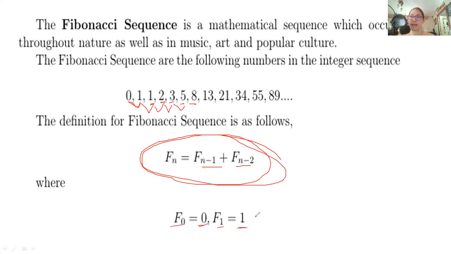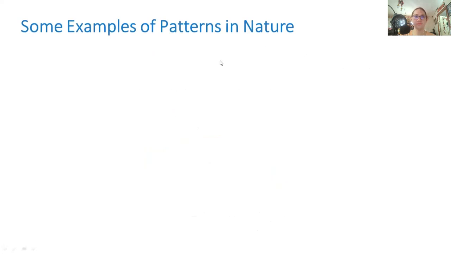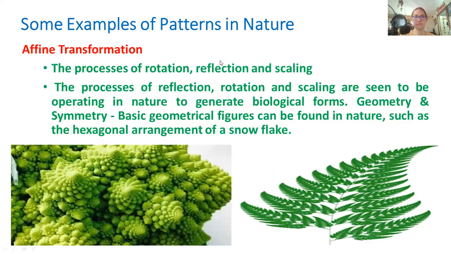You can also start your Fibonacci sequence as 1, then 1, 2, then 3, and so on and so forth. It's up to you which first term you want to start with. Do you like to start at 0? Then you can. Do you want to start at 1? Yes, you may. So it's up to you. This is the notation of the Fibonacci sequence, and this is how we define it in this slide.